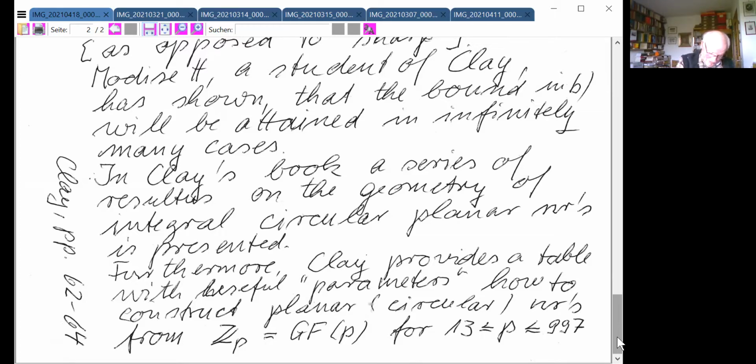But all right, if you feel you would like to construct such near-rings, or if you have to have a balanced incomplete block design, look at Clay's book, pages 62 to 64. This should be enough on